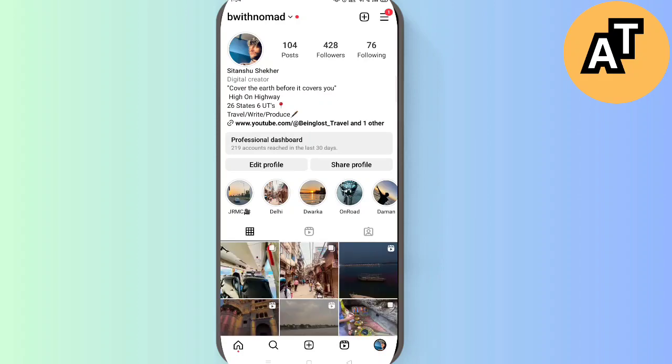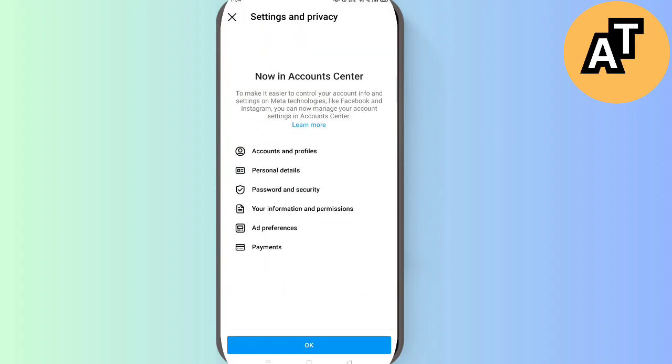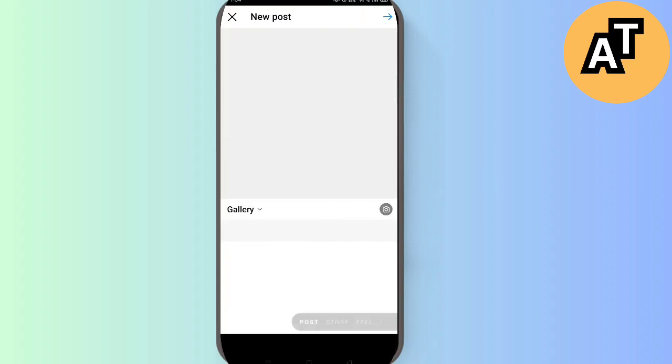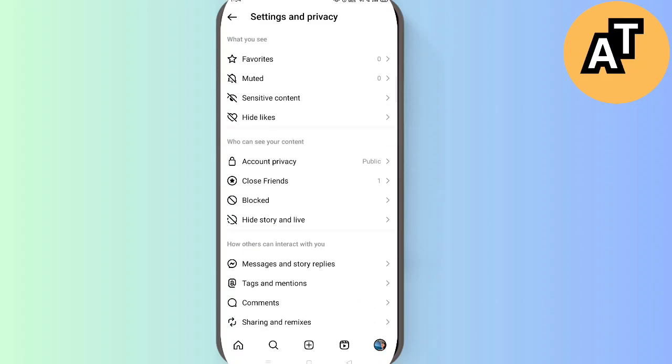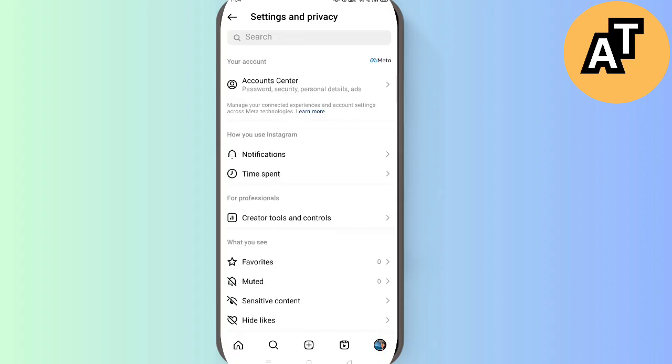and click on the three dots on the top right of the screen. Click on Settings and privacy. Just do it like this. This is my profile here, and I will go on